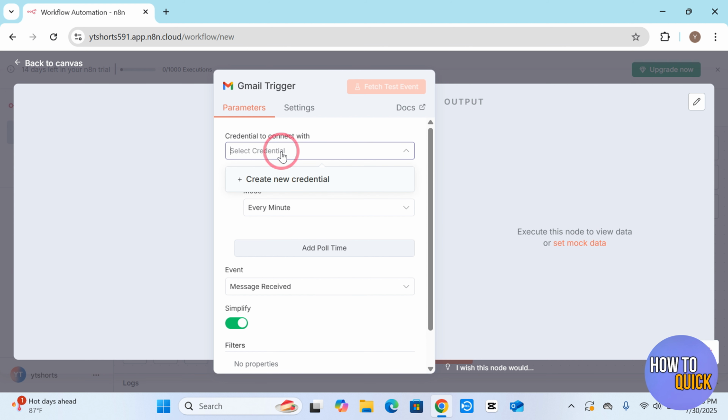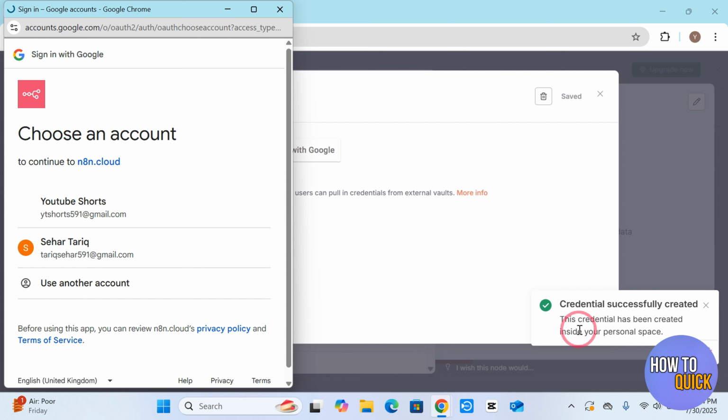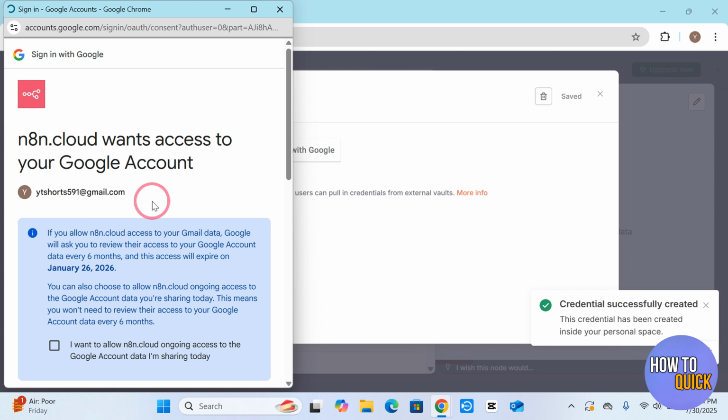On this window, click select credential and it's going to give you this drop down menu and you have to choose create new credential. Now you can choose your service account or you can just choose this one option. This is recommended. Now you simply have to click sign in with Google over here, and then you can see the credential successfully created. Now just simply choose an account that you would like to add to this,